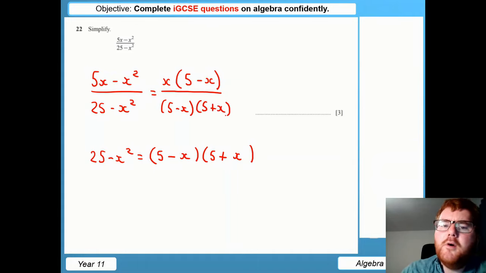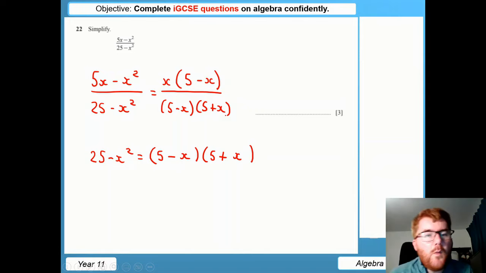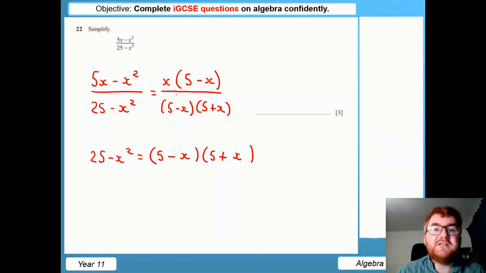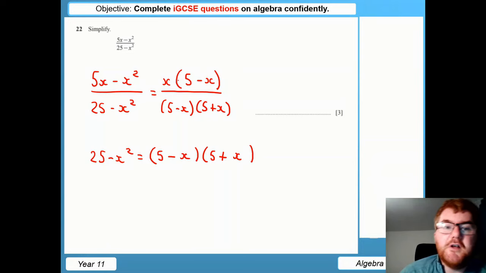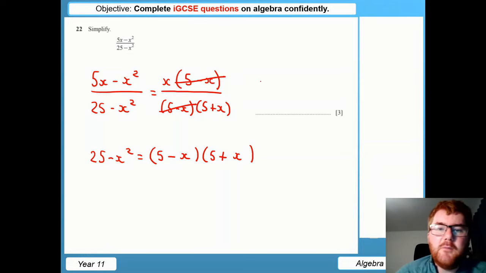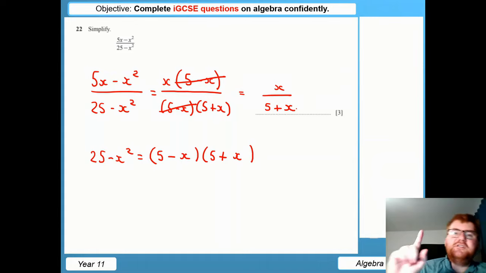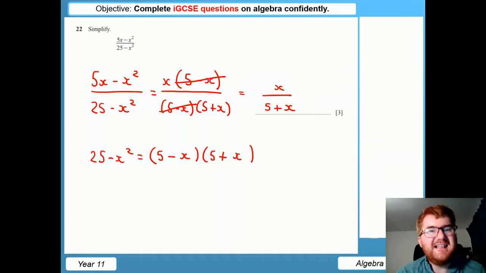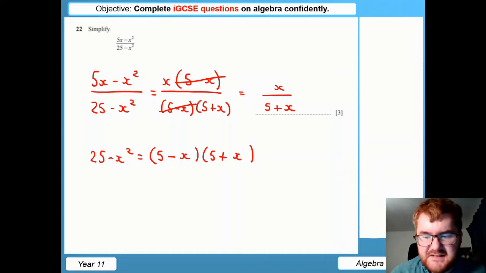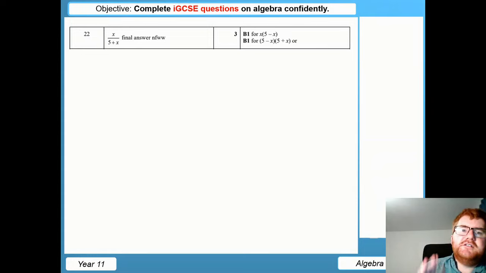Now, what's the whole point of doing this process here? Well, you'll see here we've got a common factor, top and bottom, so we can cancel. And we're left with our final answer here of x over 5 plus x. When you see these questions and you know these questions, these are nice, easy 3 marks to get with a bit of practice. Okay, so you can see that you get the final answer there of x